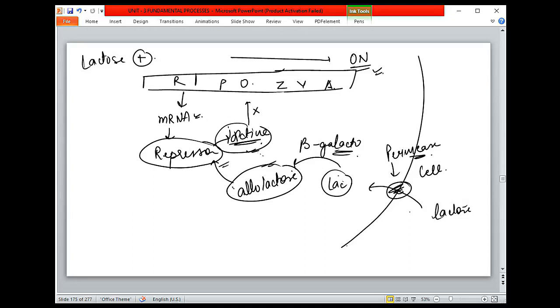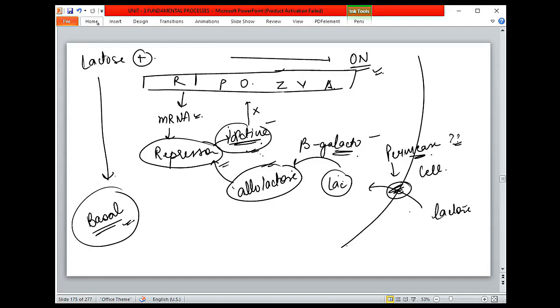Remember one thing, even if the lac operon is in the off situation, even if it is not producing anything, it would still have a basal level. A basal level of response would be shown by it, because in the worst case scenario it requires permease and all these things, right? So how will it actually get it? So remember that in the lactose scenario there is a basal level of work getting done.